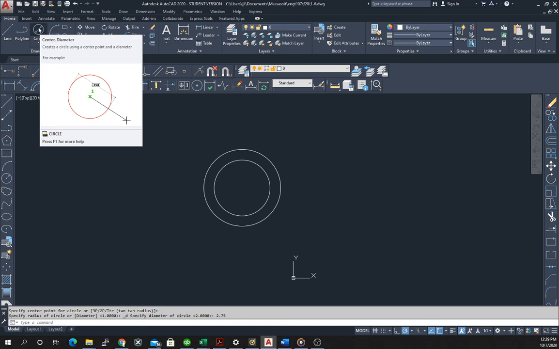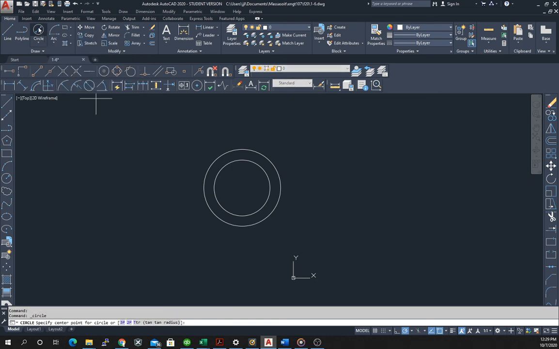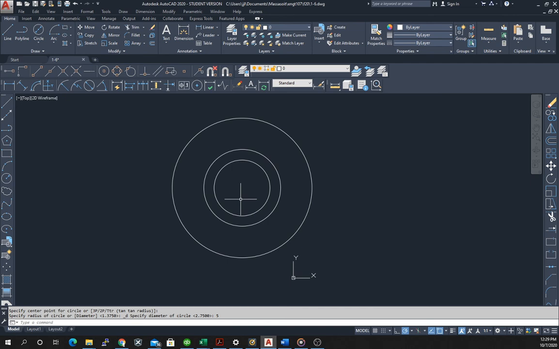Well, I'm going to just put it in using layer 0 for now. And then I'll show you why. So we're going to put it in using layer 0. So we're going to go to the center, hit circle, put our diameter in, so we type 5 and hit enter. Now, this needs to be our center line, so I'm going to click on it to select it. That was a left click. And then I can right click anywhere on the screen,